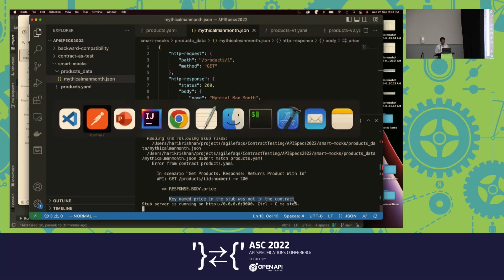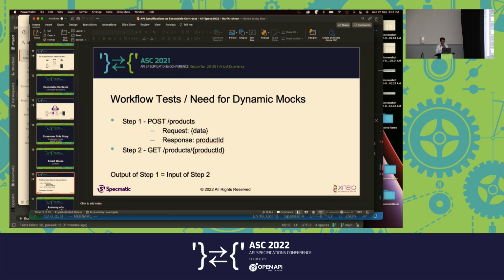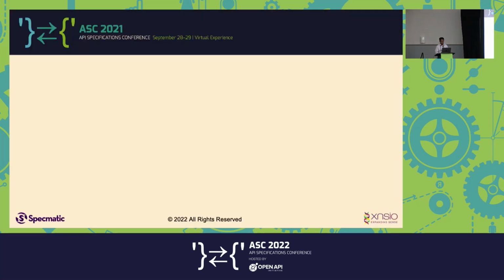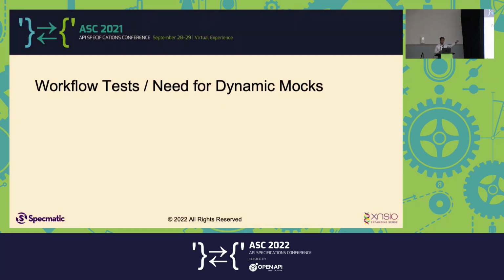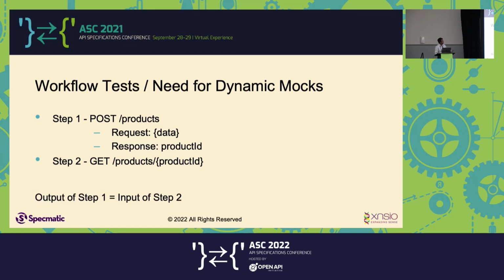What we can do further here is this guy, right? It's not always possible to say, I can always think of what ID has to give what response. That's static mocking, right? What if I have a workflow test? Like I have one test and then the next test and the next test. And the result of the first test is something that is the input for the second test. How do I tackle that? A scenario like this, right? So in this case, I need to be able to dynamically set up an expectation with Specmatic. And how I do that,